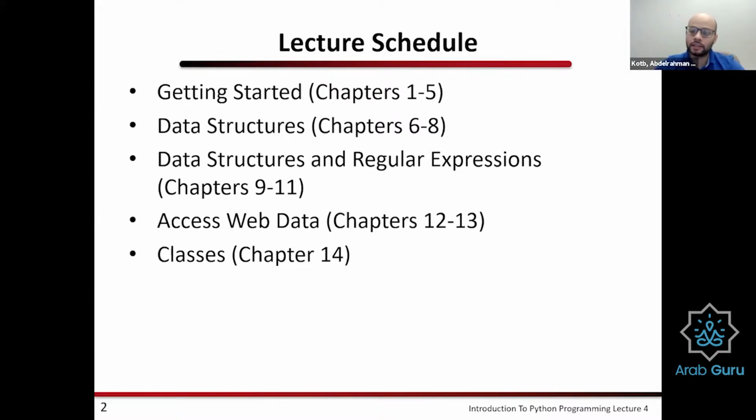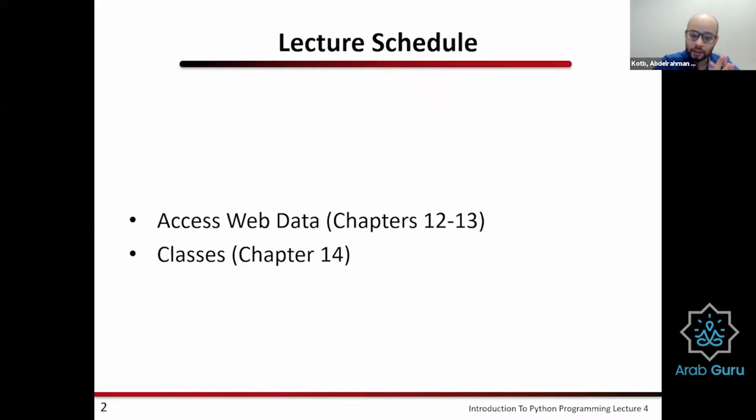So what I've decided to spend time on today is accessing web data using Python, which I think is one of the most exciting things you can do with Python, as well as introducing the concept of classes. What does it mean when I say classes, and how can you benefit by using classes in your programming?